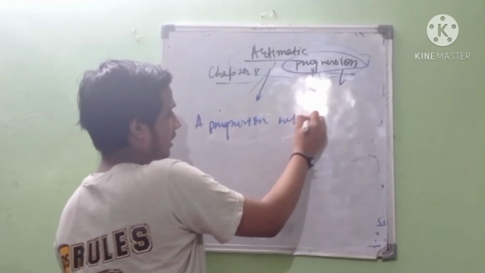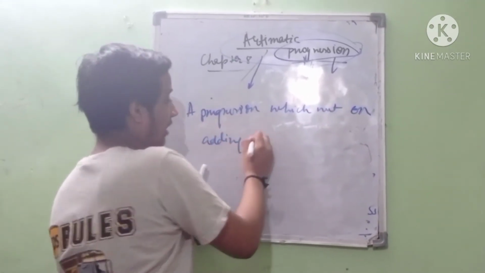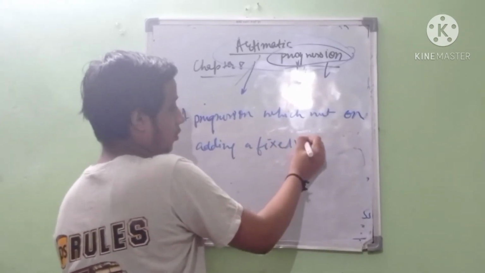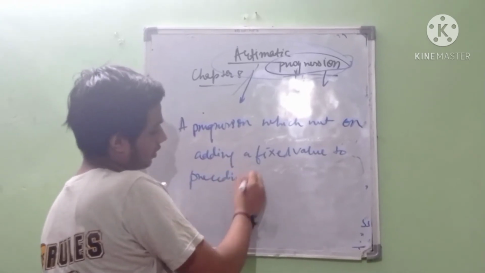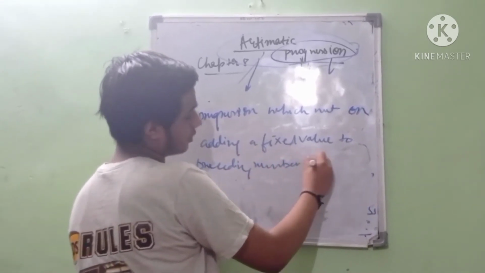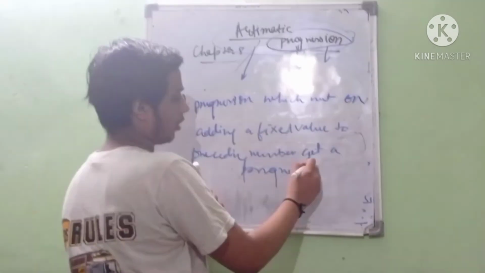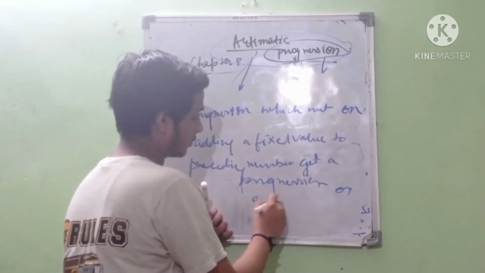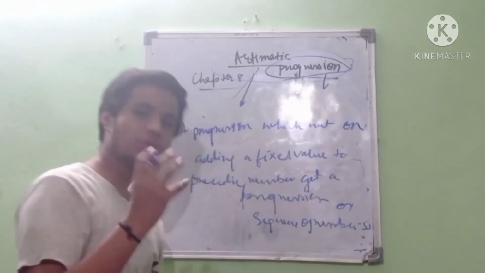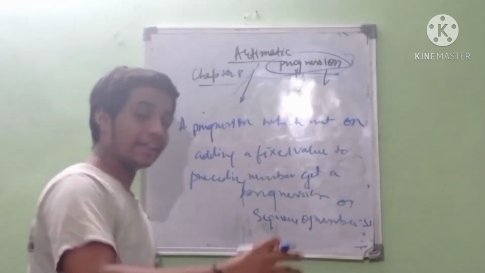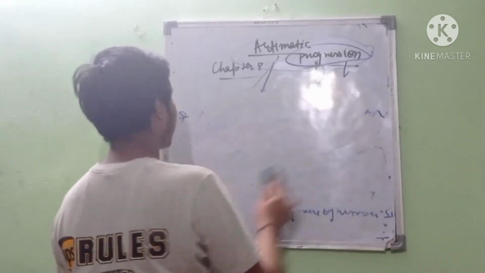which we get on adding a fixed value to the preceding number to get a progression or sequence of numbers. I think you have understood a small bit of it. So let's brief this concept with an example. The example is